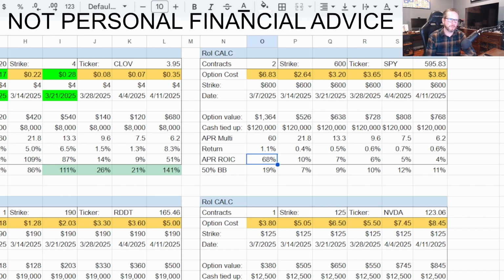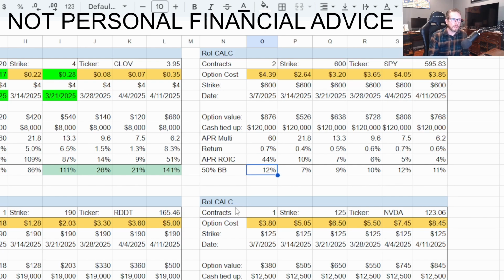Now, this is out of the money. This isn't really a great example. Maybe we should look at $5.95 because that would be out of the money and more realistic to what you would sell something at. So you can sell things that are currently in the money, right? You're basically betting that the price is going to go above that, which it could. Or if you were to look at March 7th and say, well, I think it's going to be $5.95, the price is $4.39. You can see that APR all of a sudden starts shrinking a little bit